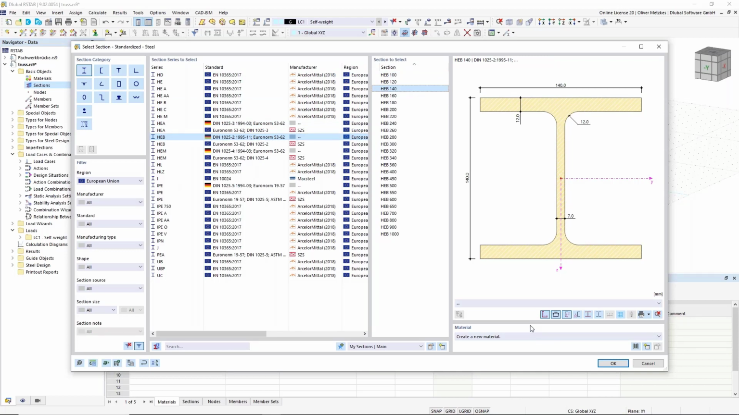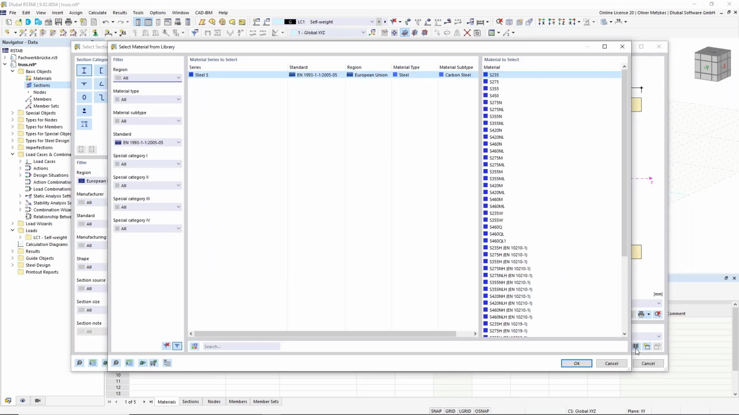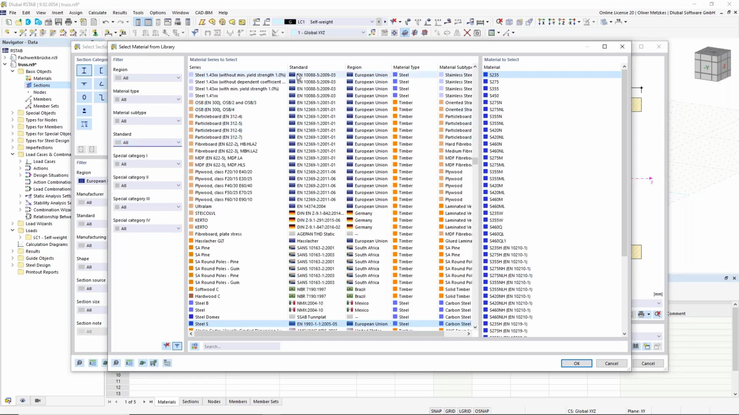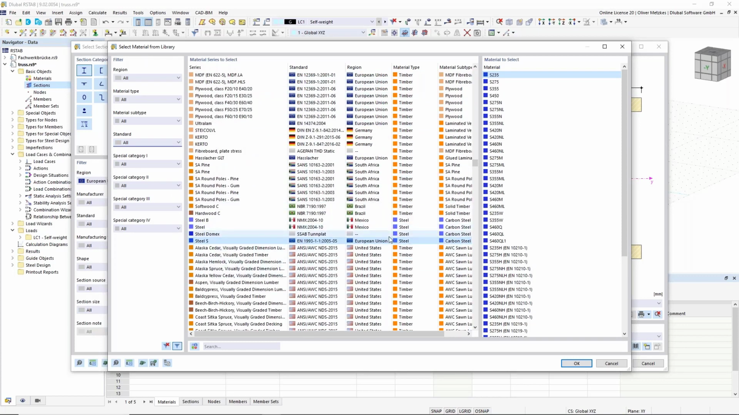Then we also have to choose a material. It's on the right lower corner, create a new material, and also here we have this button for the material library. It works a bit similar to the section library. So by default, if there's no filter active, I will deactivate this one. Then you also have this huge list with all material types, steel, timber, and so on. But by using the filters, for example, for region or material type, then you can easily find the material that